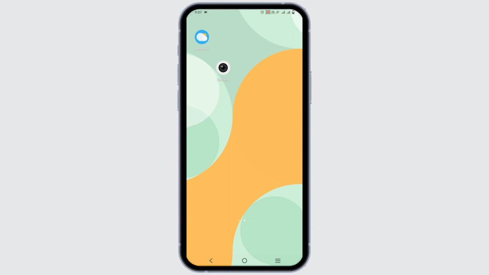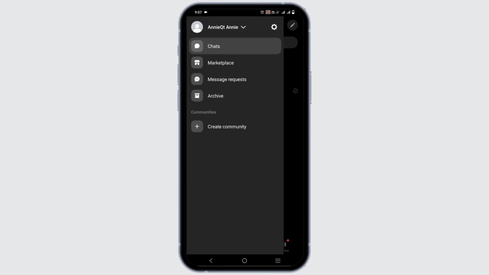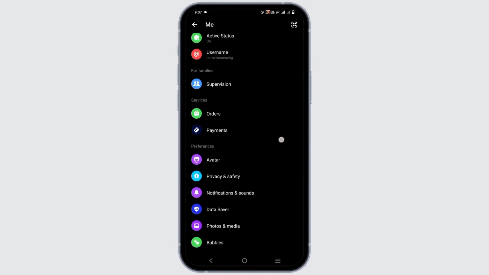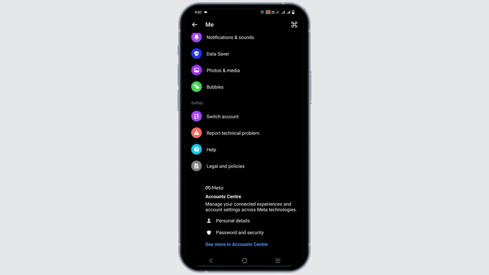If you want to change the language on your Messenger account, then you will notice there is no such option in the Messenger application itself. Even if you check the settings, there is no such option by which you can change the language. So it is very necessary to understand that the Messenger language can only be changed if you change the language